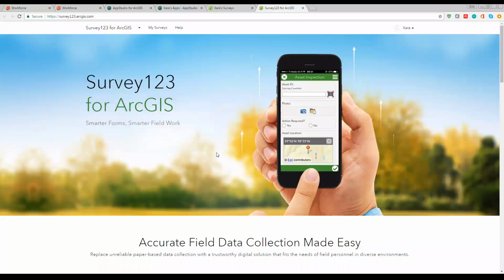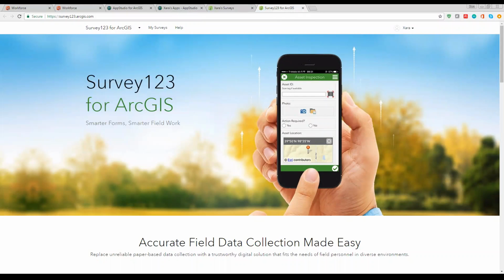Okay, so I believe you guys should be seeing the landing page for Survey123 now. As mentioned earlier, these applications can first be handled through a mobile browser, or if you're working on a laptop, you're in the office, or basically you're serving as the administrator, you can just log in using your ArcGIS Online organizational credentials, and then you can go ahead and create your surveys as needed.